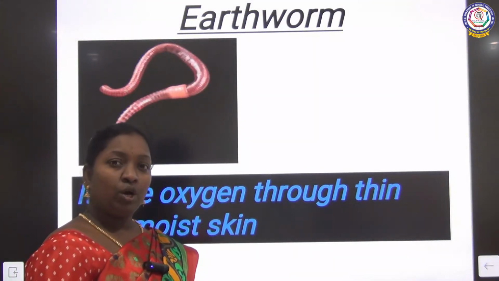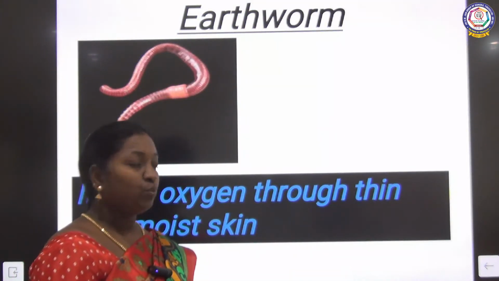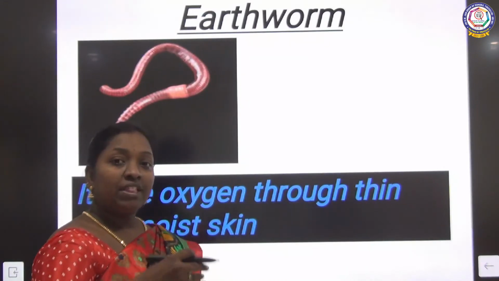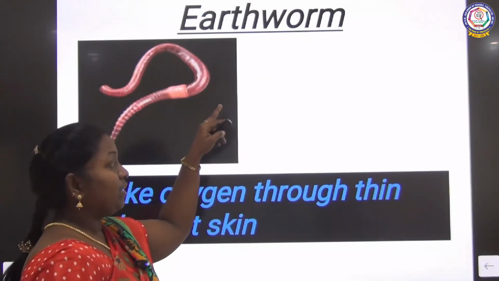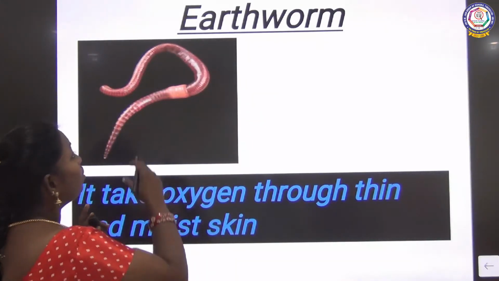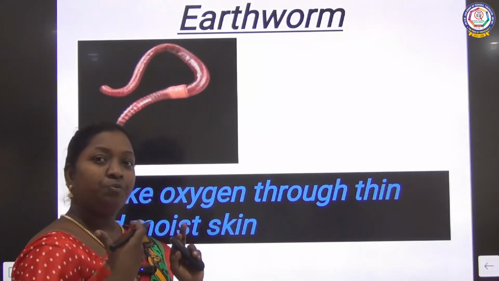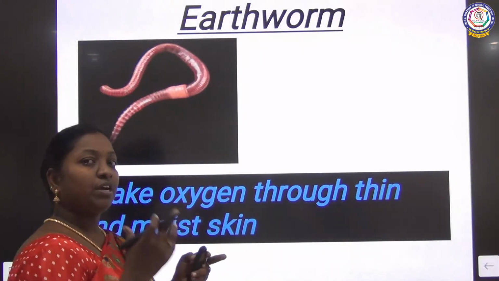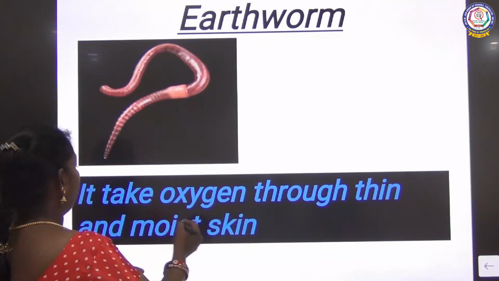mostly in moist, wet soil, with no sun. With that, we can see the earthworm everywhere. You know, this is the friend of the farmer, isn't it? So the earthworm also has to breathe. It does not have a specific organ. How is it breathing? You know, with the help of